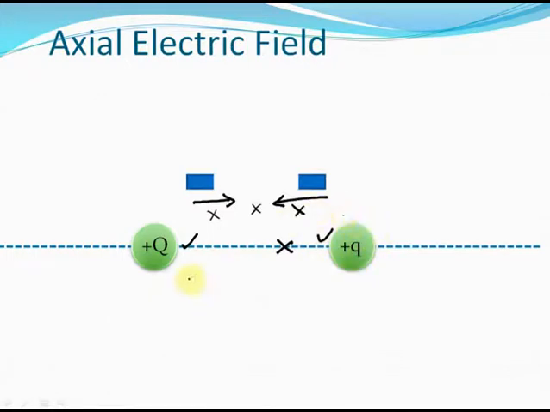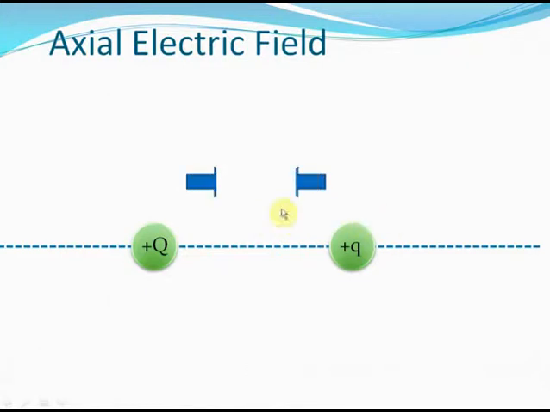We can even make out that this point where the electric field will be 0 along the axis will be towards the smaller charge. So for example, if this capital Q is greater in magnitude than small q, then in that case the electric field will be 0 somewhere here, isn't it? Because the magnitude of this charge is greater, but this distance at which we are calculating the electric field is greater too, and the magnitude of this charge is lesser, but the distance at which the electric field we are calculating is lesser too, correct? So the point where the electric field is 0 will be somewhere near the smaller charge.